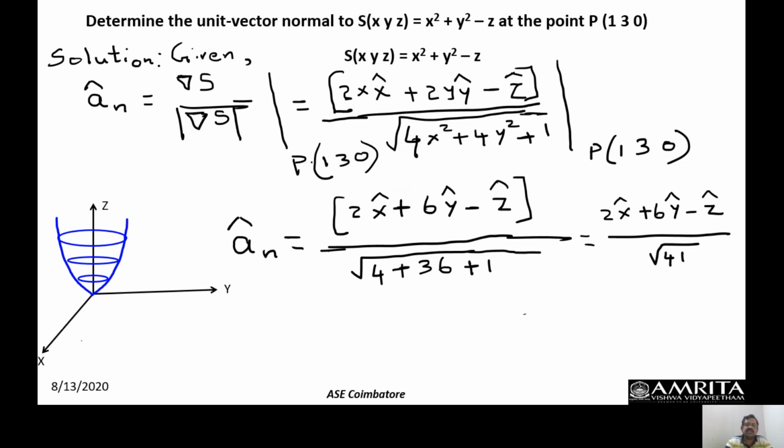Now, how do I visualize this surface? To visualize this surface, I am going to draw it. What I want you to do is watch my hand. This is a three-dimensional surface, so you have to take cross sections to imagine this. For example, you can substitute z equal to 0. When z equals 0, you will see that x and y also will be 0 when I take the gradient. So I can draw these functions like this, get the gradient, and then substitute this point to get the corresponding unit vector and visualize.